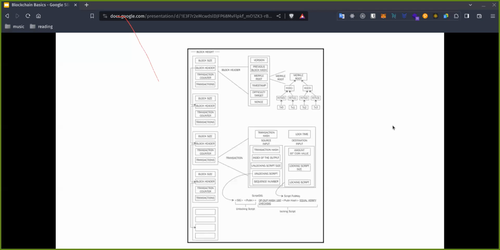So what is a hash function in blockchain? A hash function ideally is, as we'll be looking at tomorrow, what we call a one-way